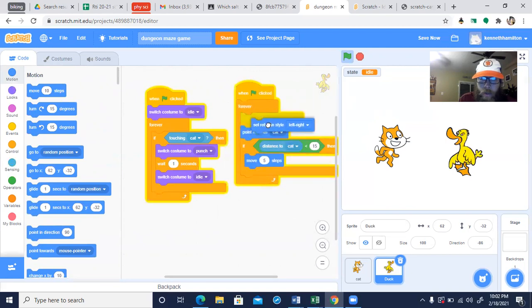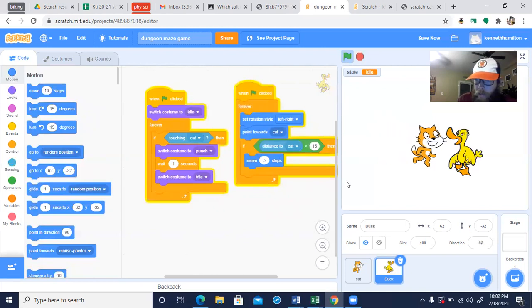Still upside down. Let's do that. There we go. All right, so when I get close to him, that way he punches me. Oh, he's punching me. Let's maybe make this number bigger. Let's say